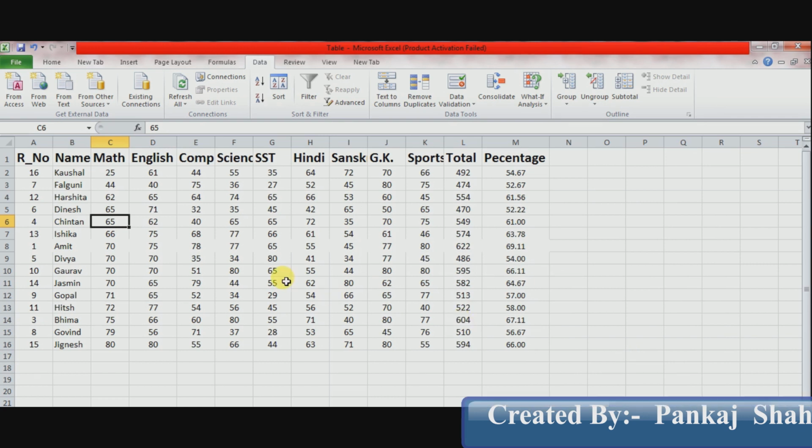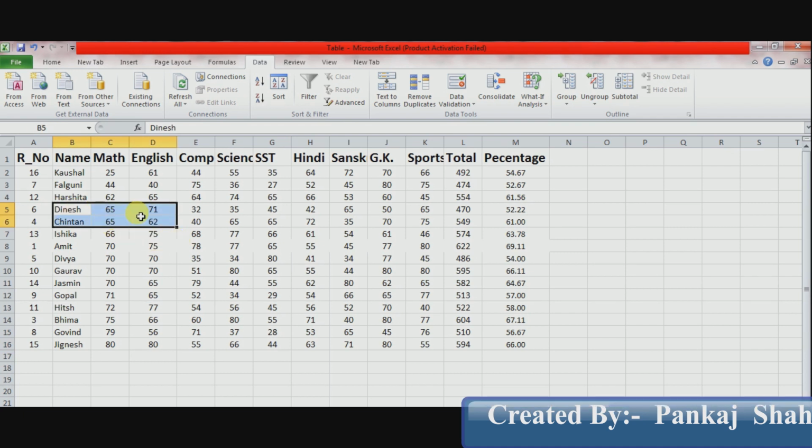Now see the table, observe the table properly. Here the maths marks come smallest to largest. And what about the English marks? See here Danish and Chintan's records.